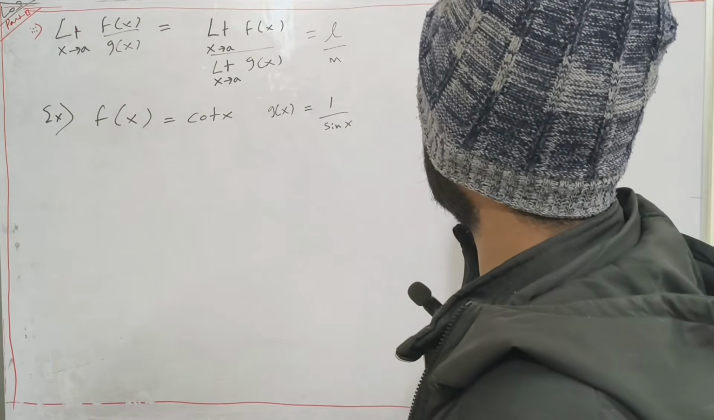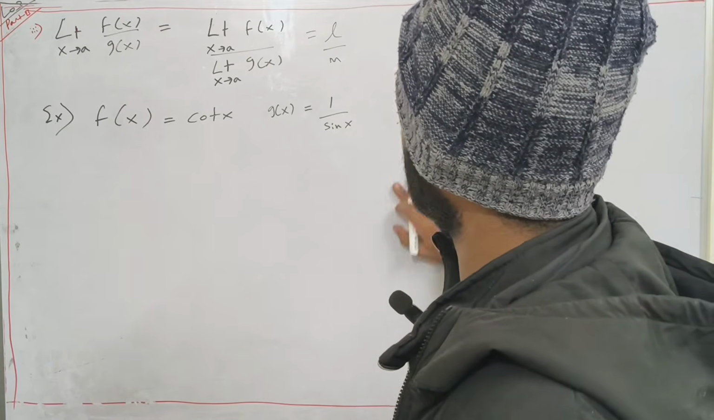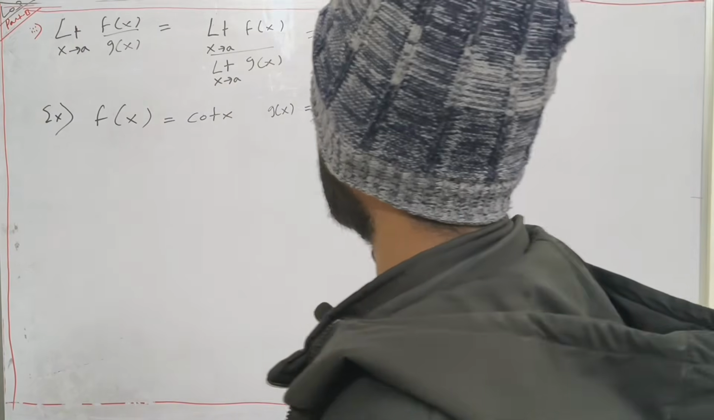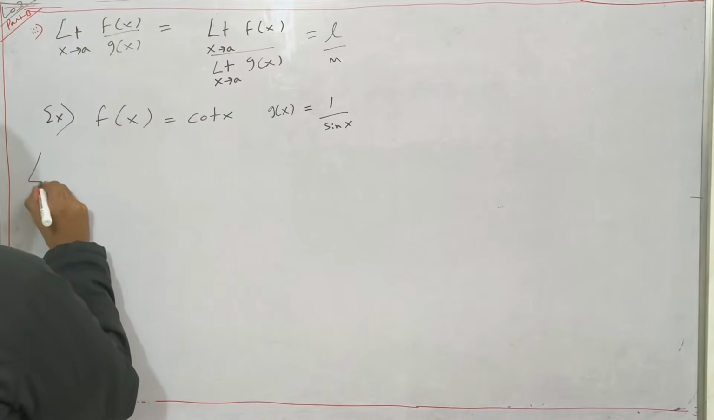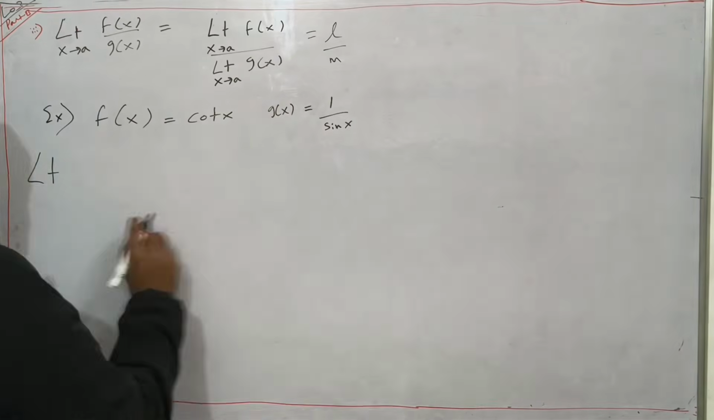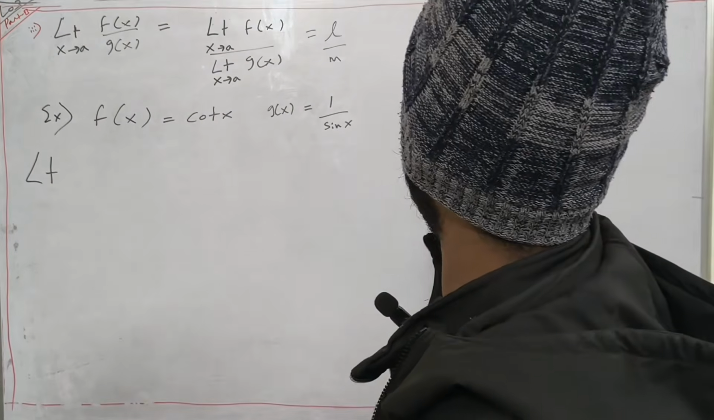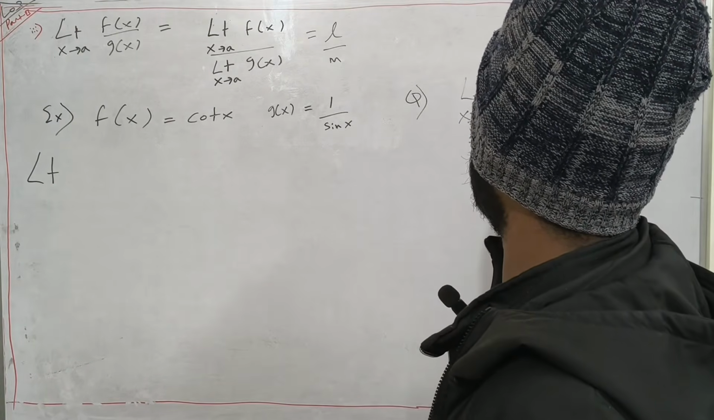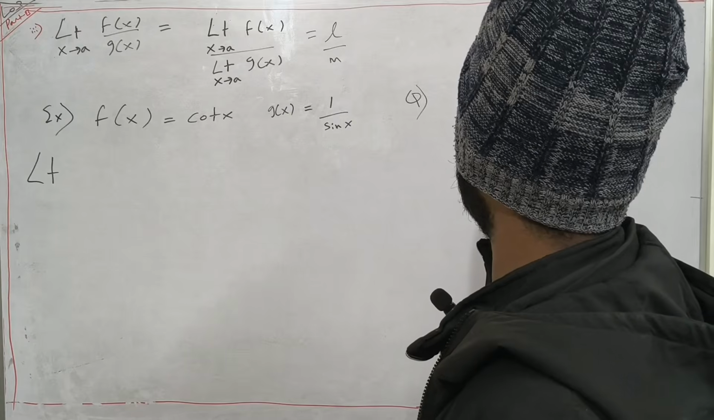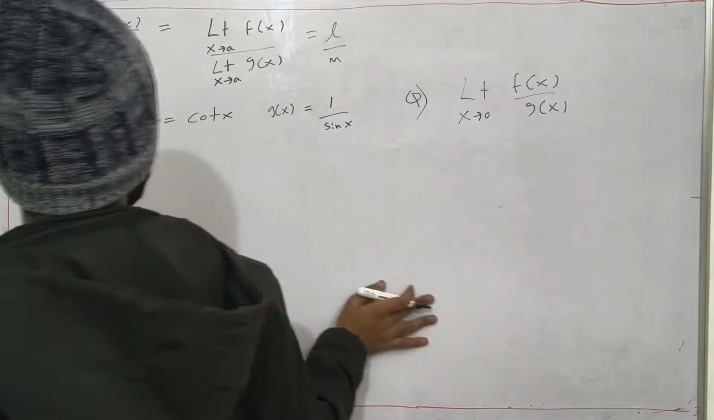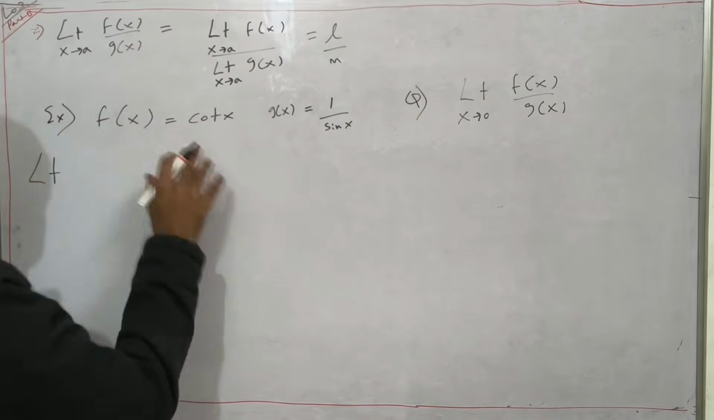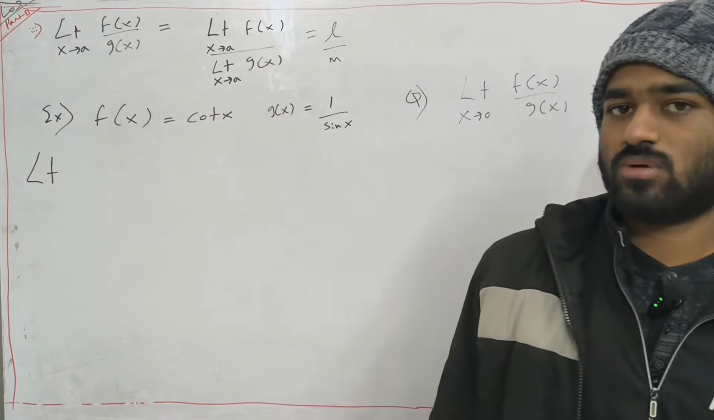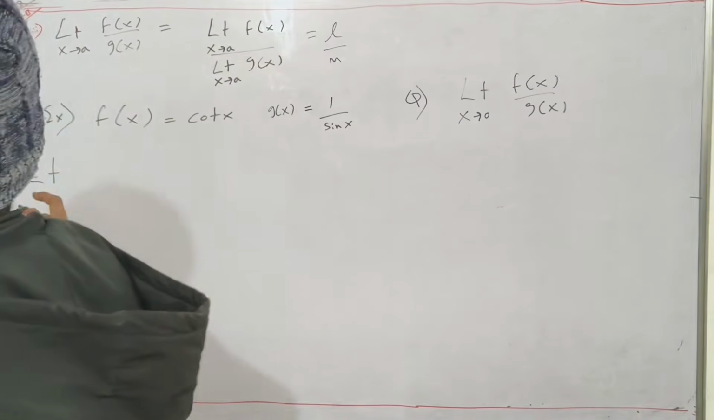Let's see whether individual limits exist or not. Individual limits, let's find for cot x. My question is, find limit x tends to 0 f of x by g of x. So let's see whether f of x and g of x exist at x equals 0 or not. Okay, limit x tends to 0,